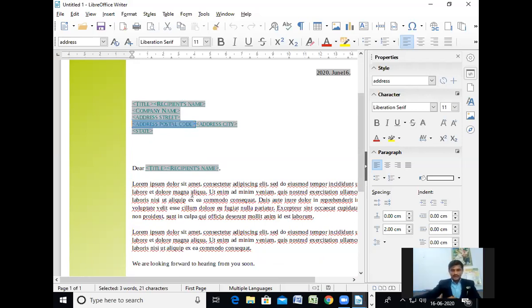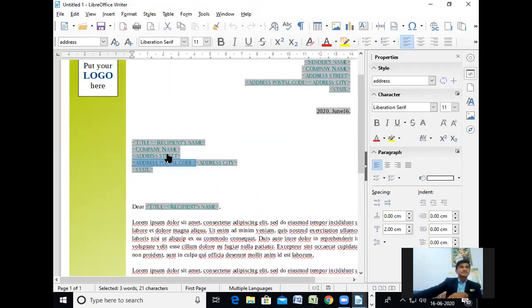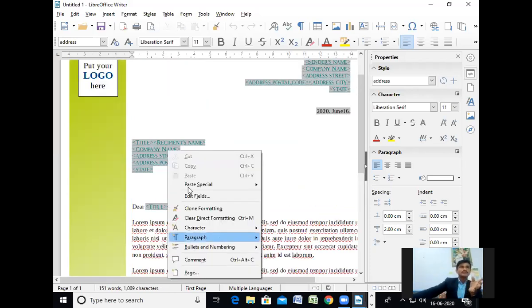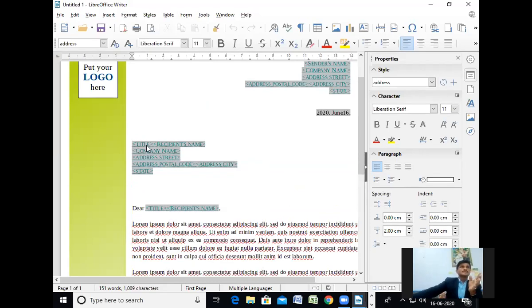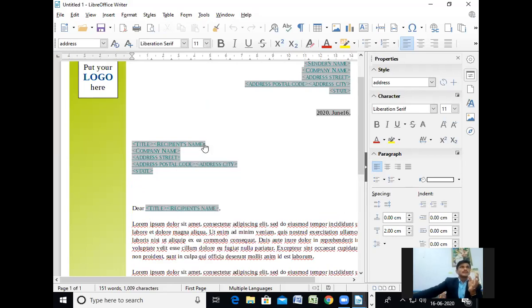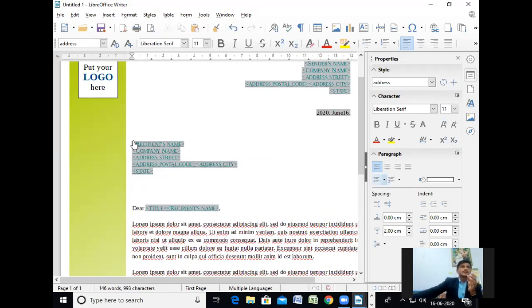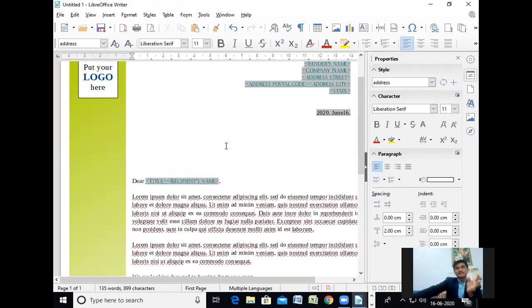Now next point, if you want to delete some graphics, suppose you don't want this, you can delete it from these graphics also. Okay. Here, see, I am going to cut all these things which are not needed for us. Okay, understood about this. This is the formal letter and informal letter. Everyone knows about these things.